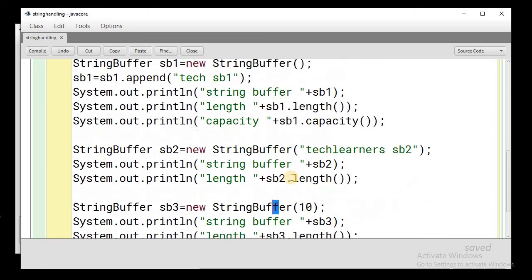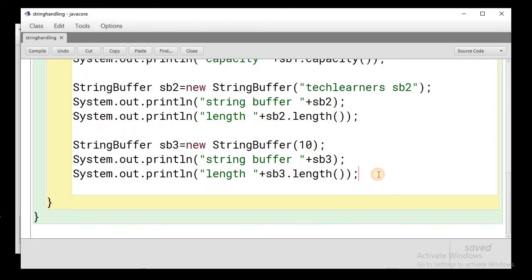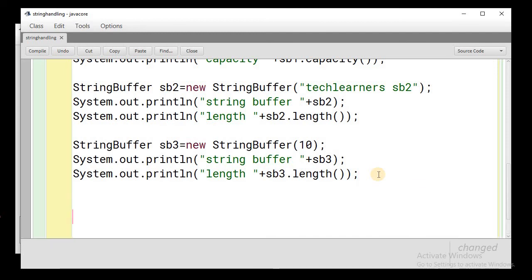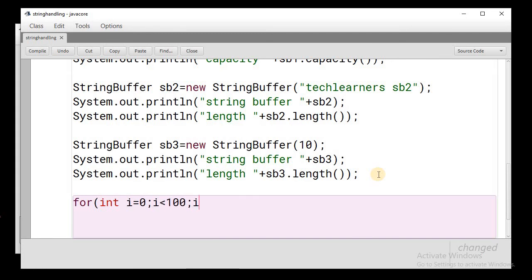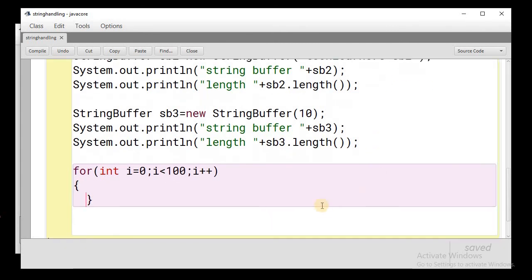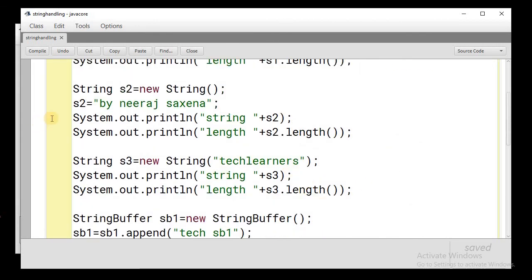Let me show you with one simple code. Let's say we use a for loop, like for int i = 0, i less than 100, i plus plus, and we have used here a string, let's say s2.